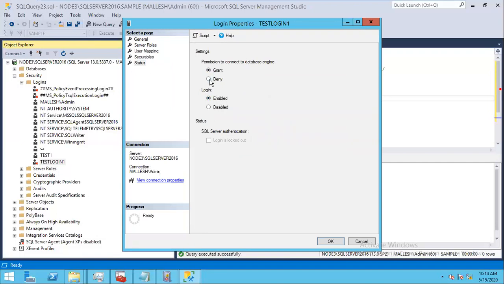And then here we have grant and deny. So with grant we can enter into the server, but we cannot do anything. We can deny the permission to connect to the database. If we deny this one, we cannot enter into the server. If you want to disable or deny the access, we can use these options. Okay. And the next important point is that